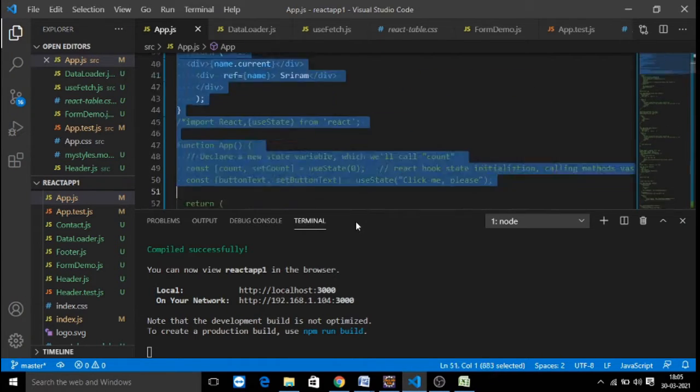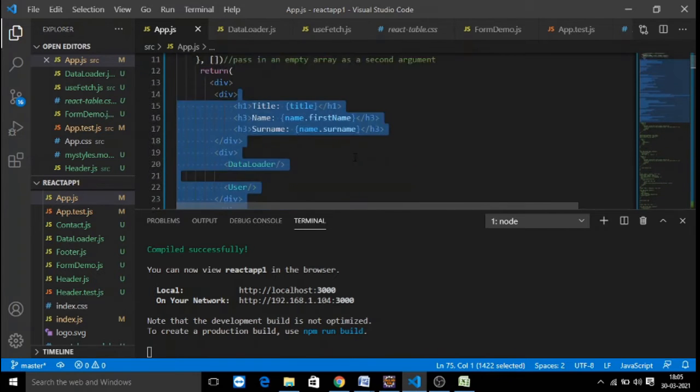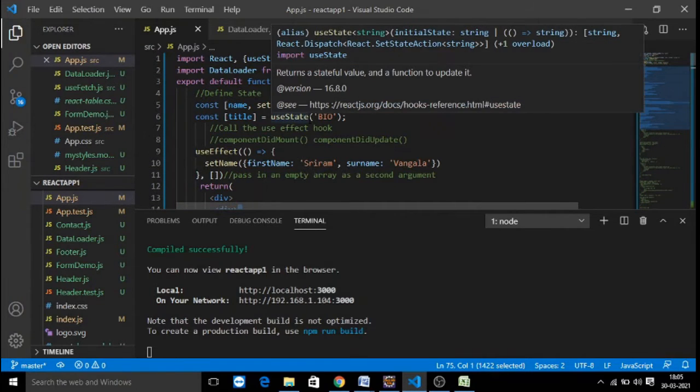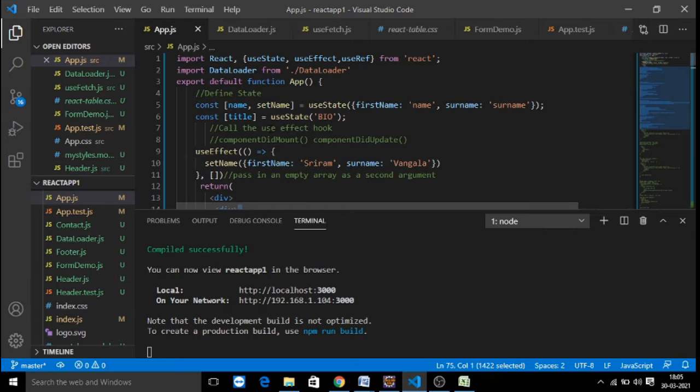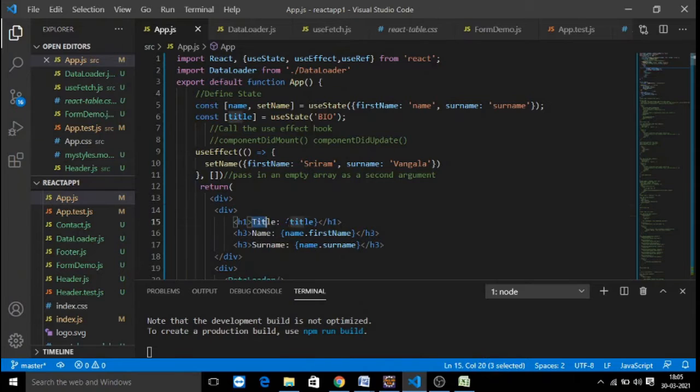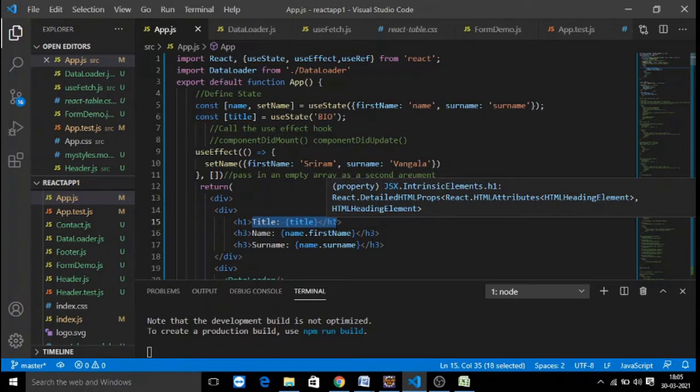This is a title value we are just setting with setState. Earlier we used to use the setState method. Now we are making use of the useState React hook to set the value of title as bio. Along with this name object, we would also like to print that title object.